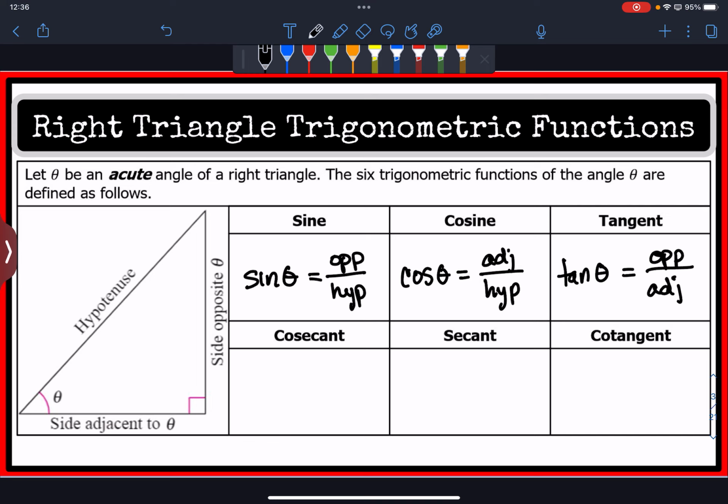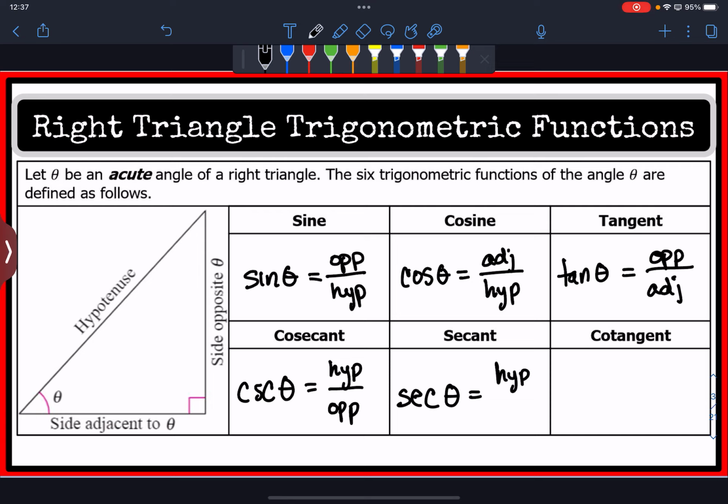Now, the next one is called the cosecant. The abbreviation for cosecant is the letters CSC. So the cosecant of theta equals the hypotenuse divided by the opposite. The secant, which is abbreviated as SEC of theta, equals the hypotenuse divided by the adjacent side. And cotangent, which is abbreviated COT of theta, is the adjacent side of the angle divided by the opposite side of theta. So these are the definitions, and for each one of